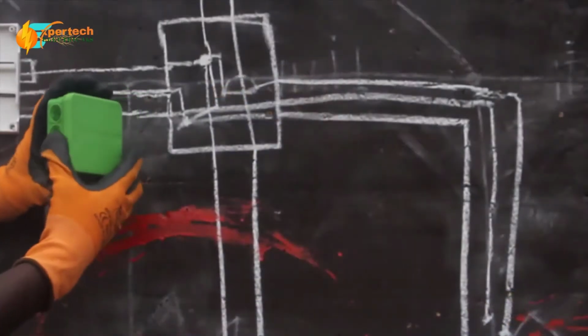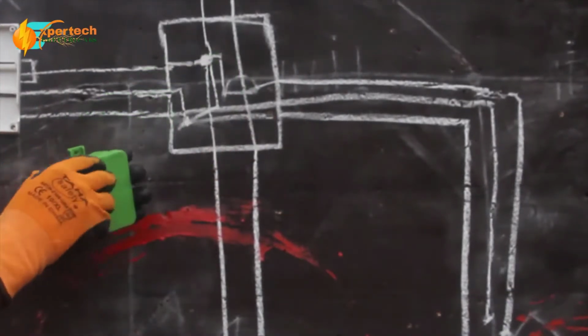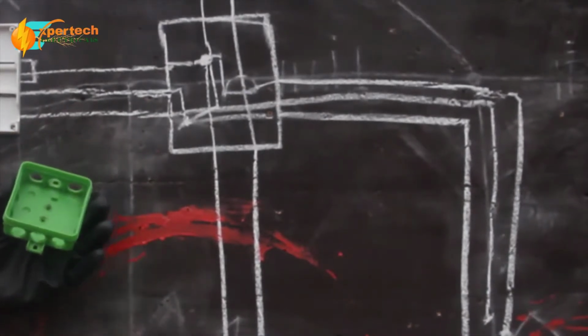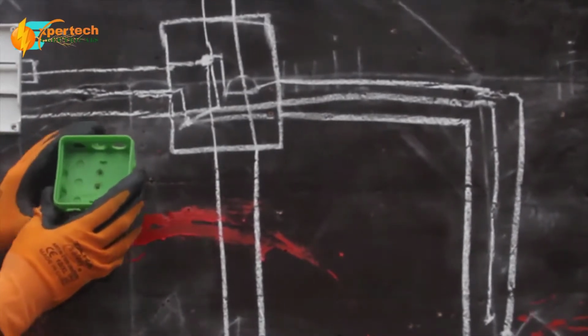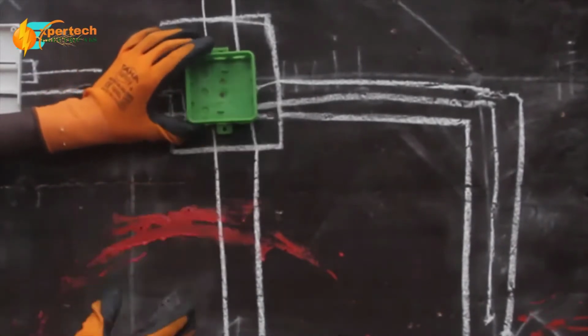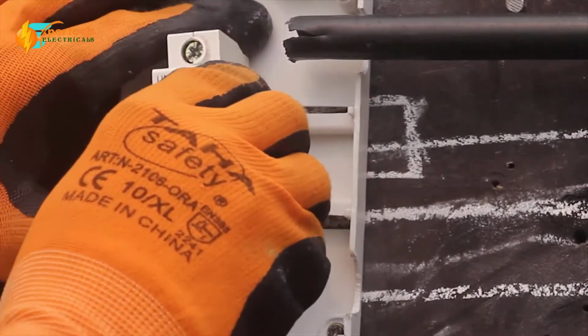As we finish selecting tools, materials, and equipment required for electrical circuit installation, now we are going to do the one-gang, one-way switch. As you can see, we bring our junction box, which will help us while we are doing this installation of the electrical circuit. As I told you, remember that it is a one-gang, one-way switch. And I bring the fuse, as you can see, I fix it